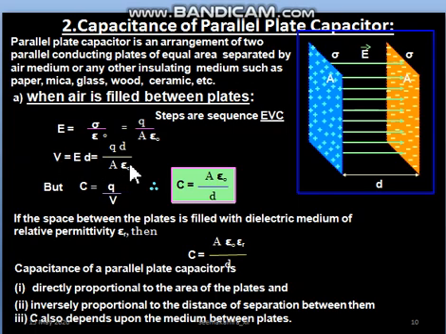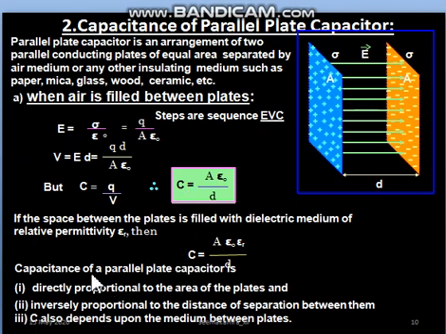Now once we have obtained the V value, we have to simply substitute it in the C formula, that is Q by V basic formula. If we substitute here V, so Qd upon A epsilon 0 is substituted, Q will get cancelled, and finally after rearranging the formula, it will become A epsilon 0 upon d. That means here we have obtained the answer of capacitance of a parallel plate capacitor in which air is filled. That means in between the plates air is present. So this way A epsilon 0 upon d formula is obtained for the air capacitor.